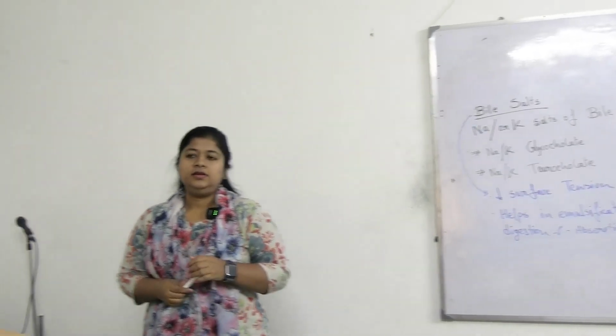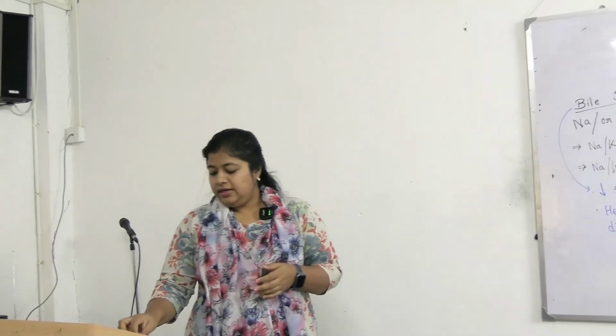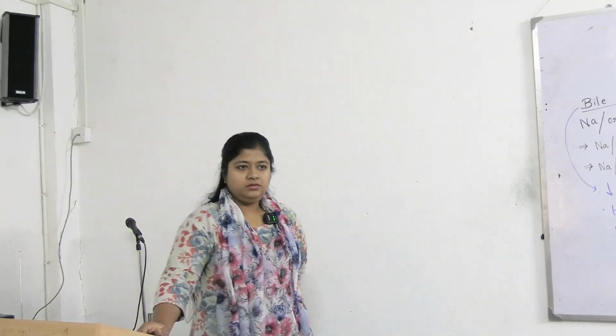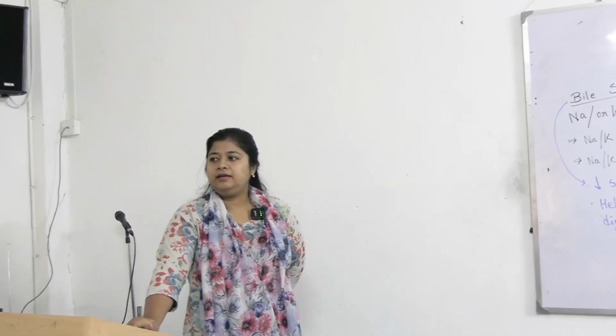Clear? So generally we get urobilin or urobilinogen in our urine, not bilirubin. So when might we get bilirubin in our urine? Common sense. Normally we don't get bilirubin in our blood. We get urobilin. 5% of the remaining urobilin is excreted by urine. So when can we get bilirubin in blood? Name one pathological condition. Jaundice.